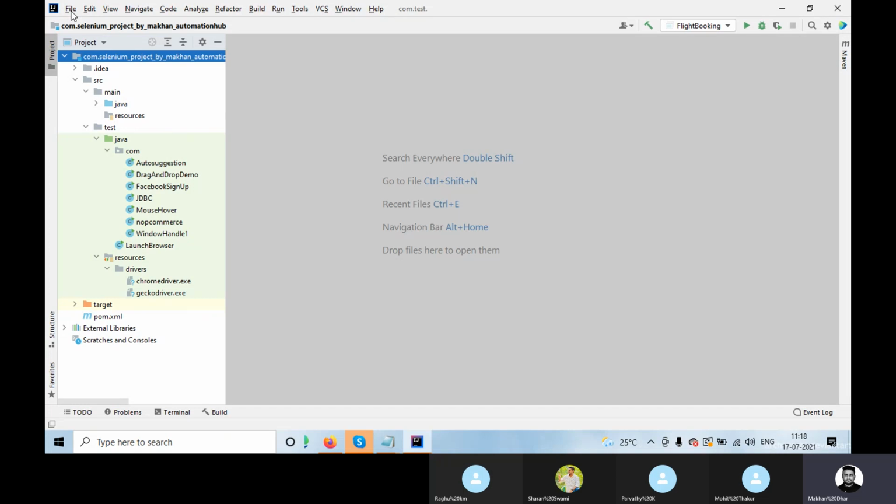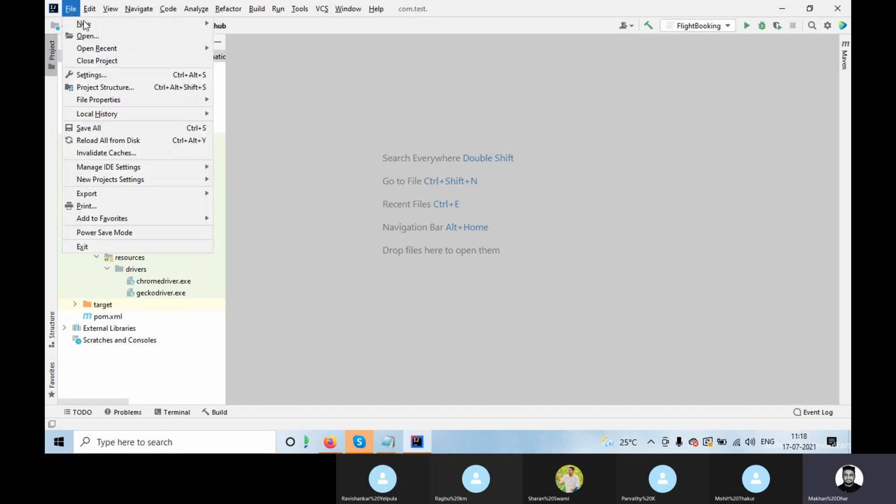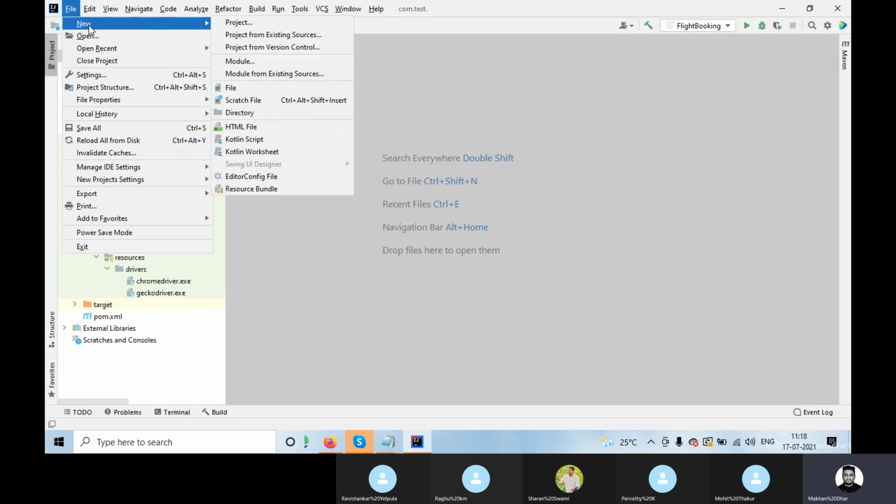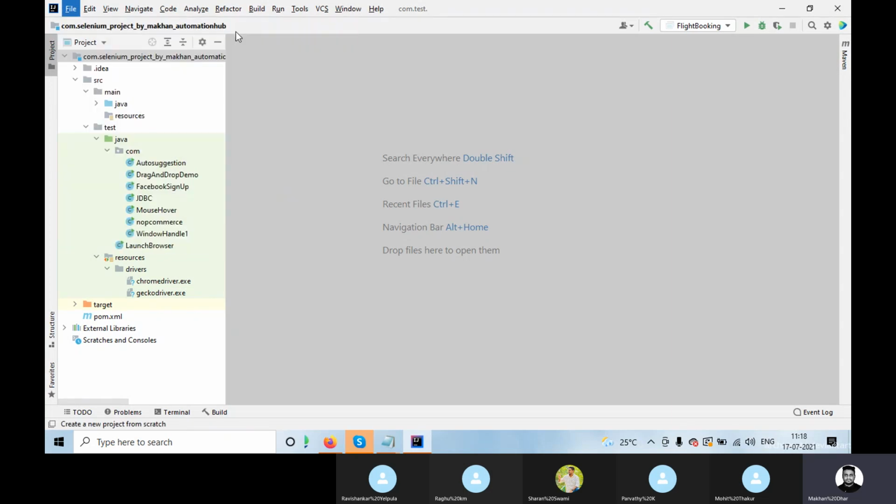So let's create a new framework from scratch. The very first thing, go to your file, click on new, then project. Once you click on project,